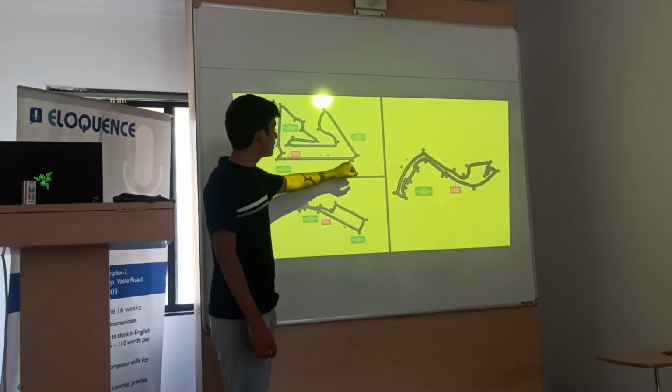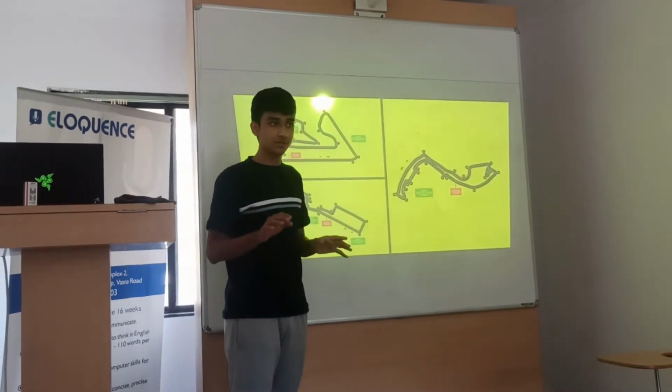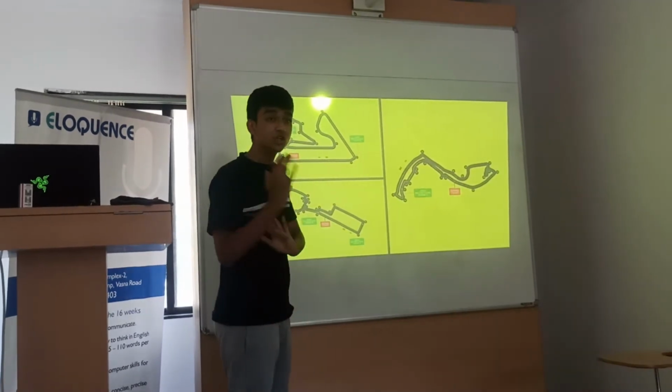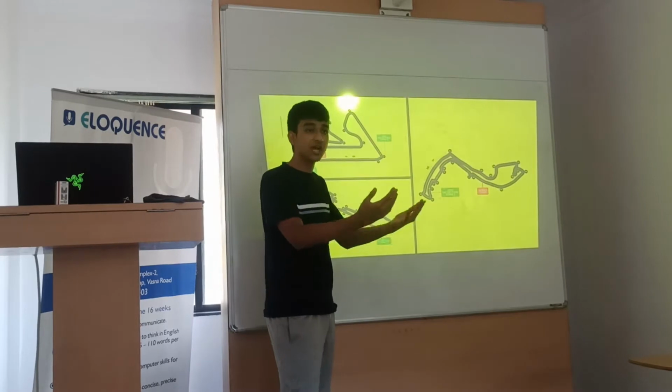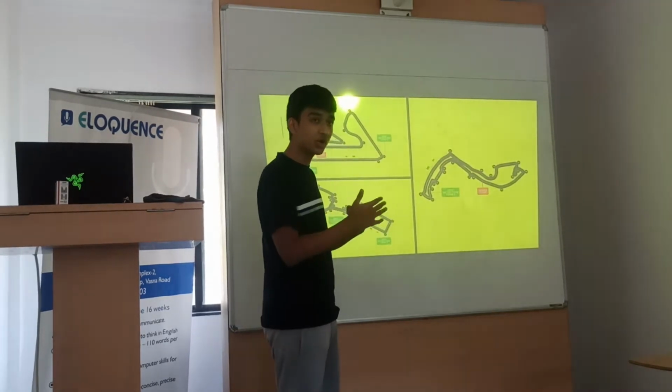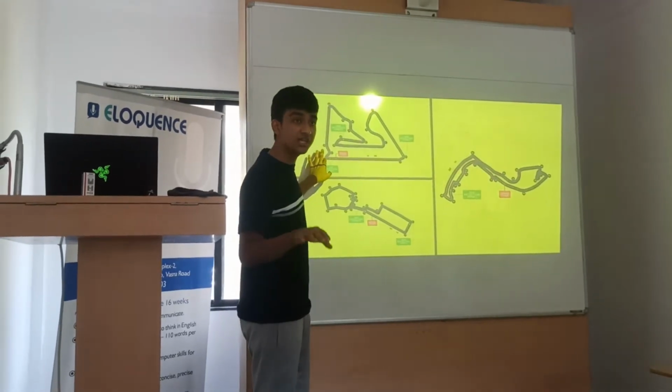Now as you can see over here, it is the straight. Over here, downforce is required at a minimum level because there are no turns and you need the top speed of the car. Hence, the car is very streamlined, as you would have seen, which will not cause a lot of drag.